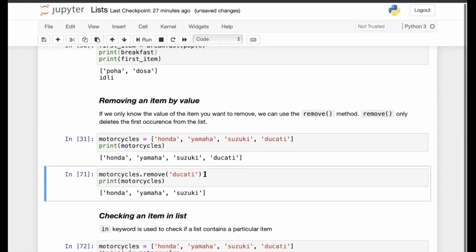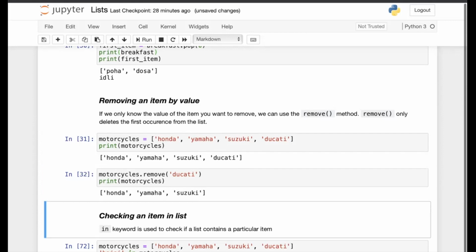So apply this remove method over the variable motorcycles, which is actually a list, and remove the item Ducati. The first occurrence of this item would be deleted. So when I print this list again, I get these 3 items: Honda, Yamaha, Suzuki. Ducati was the last element and got deleted.